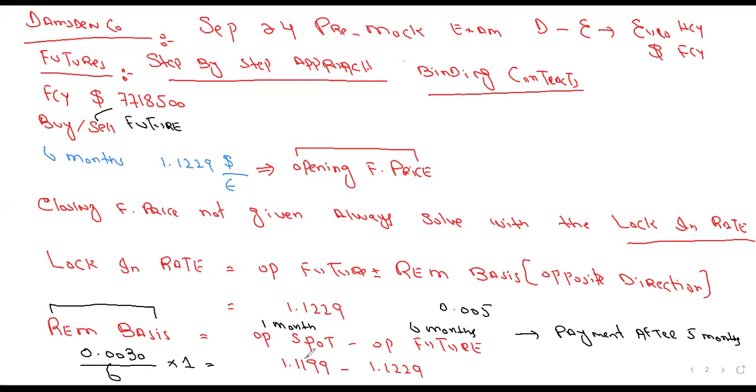Now, how will we decide whether we will add or less? Check the trend from first month to 6 months. It is 1.11 to 1.12. It is increasing, but we have to go in the opposite direction. So we will less it. Your lock-in rate is coming 1.1224, and the currency denomination will be